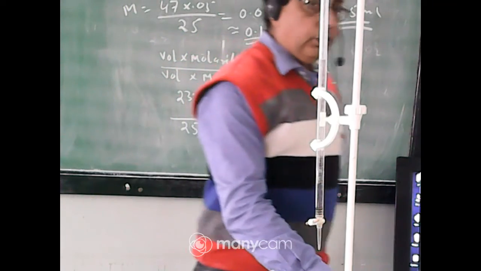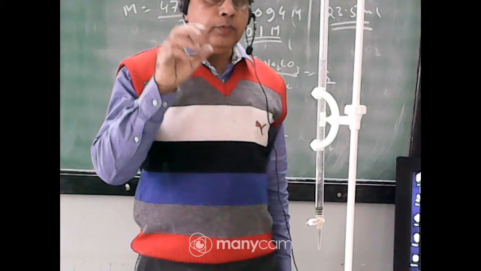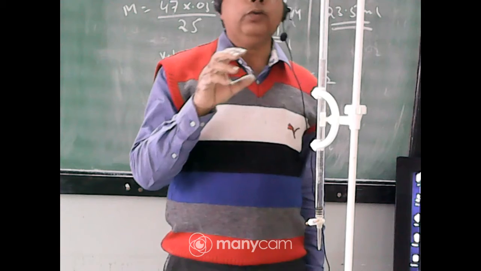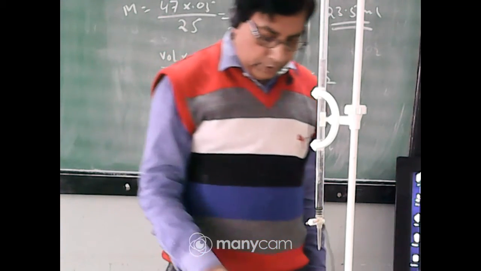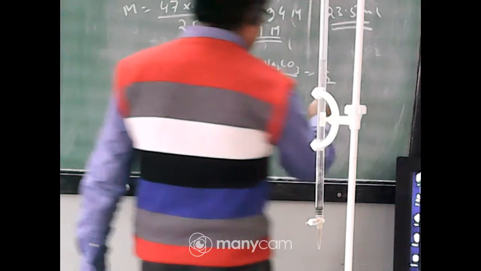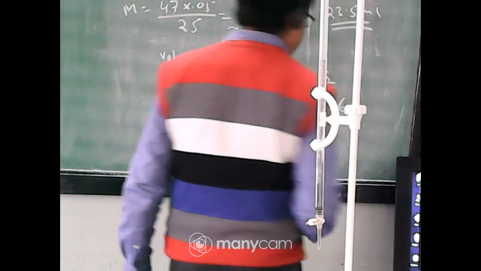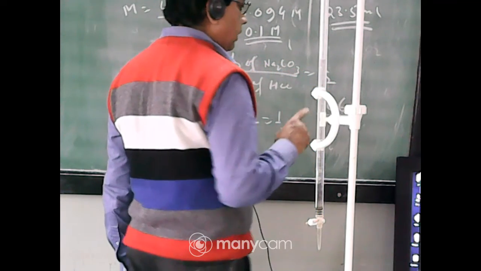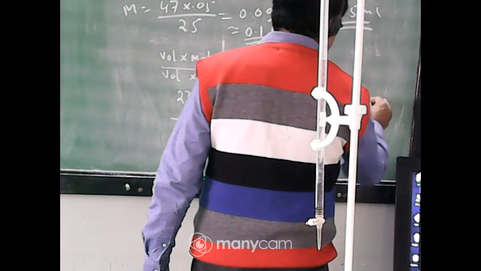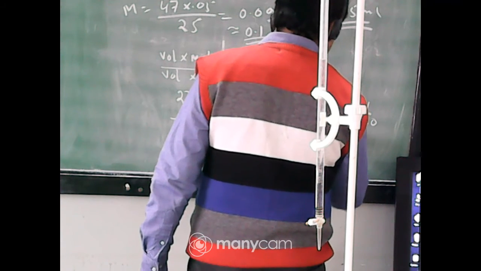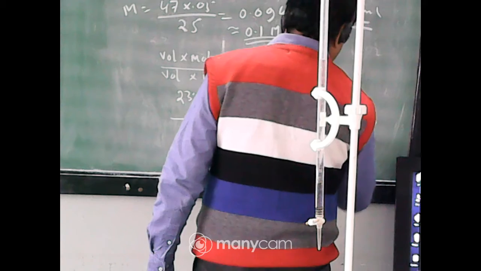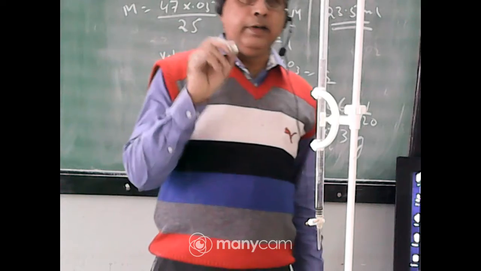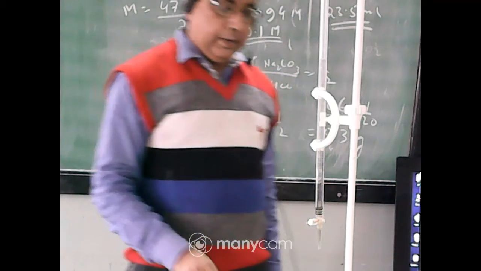Can you calculate, if you have to prepare 1 liter M/20 sodium carbonate solution, what will be the amount of sodium carbonate you have taken? Say sodium carbonate molecular mass 106. 106 gram if you take in 1 liter, that is 1 molar, then M by 20, divided by 20, that is 5.3. So if you take 5.3 gram sodium carbonate and dissolve in 1 liter solution, that is M by 20